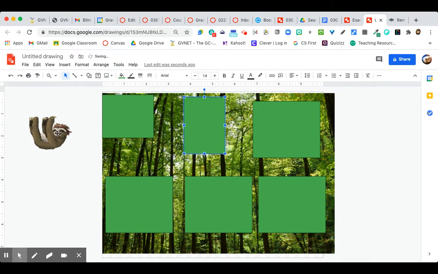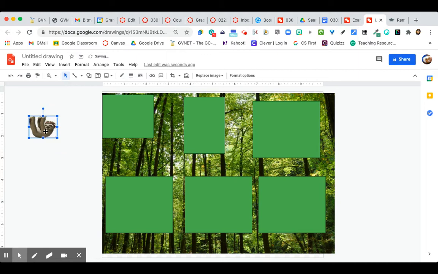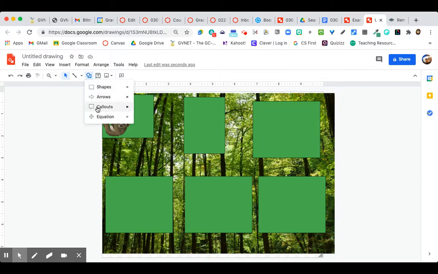So my little sloth here, his name is Stuart, and I'm going to put Stuart up here in the first slide right there. And I need to have Stuart saying something. I'm not real sure what I'm going to have him say, but I'm going to go back here to shape. So here's the quick way to get to shape, and then callouts. And this is where you have these cute little